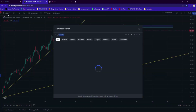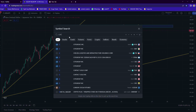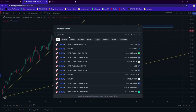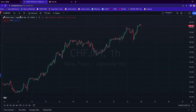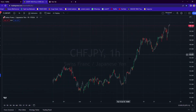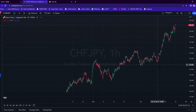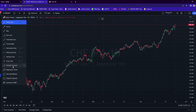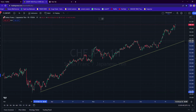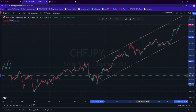Okay, and lastly, let's see on Swiss francs JPY. Okay, now if we see properly here, it's very clear that Swiss francs JPY is still in a bullish momentum. Let's try to put our parallel channel here, right here. Now if you look at this move,